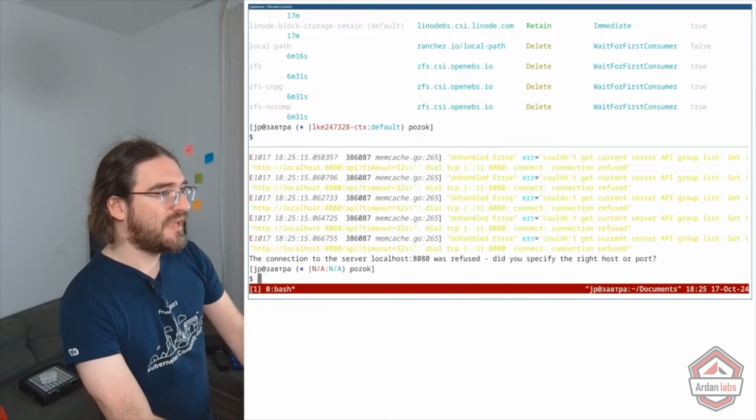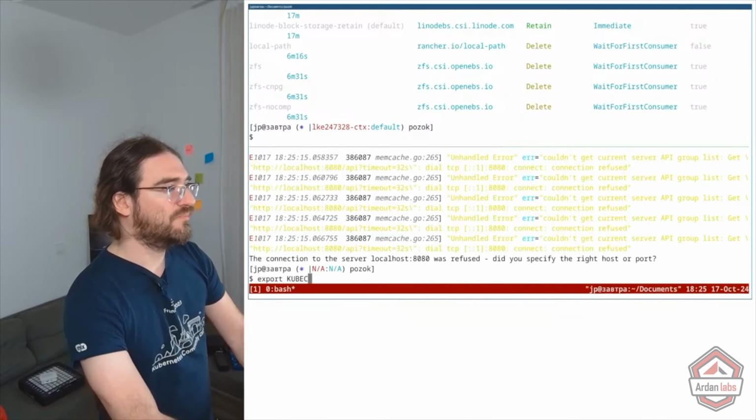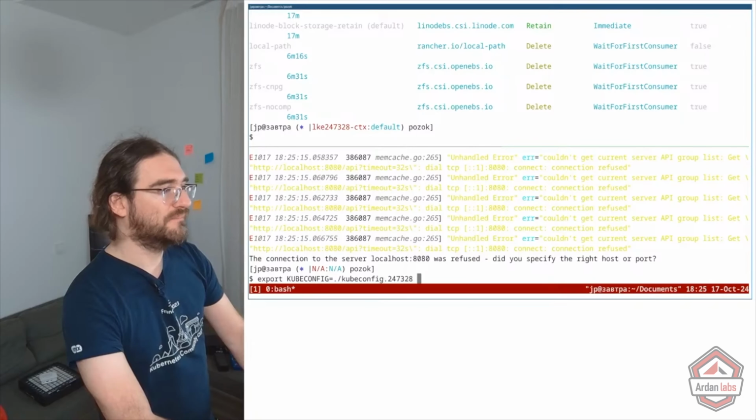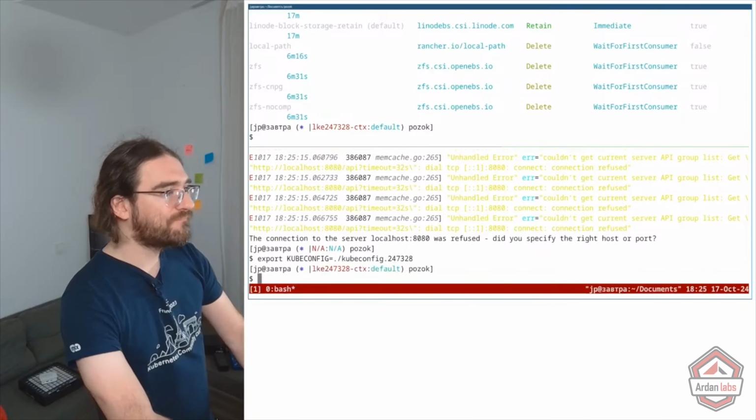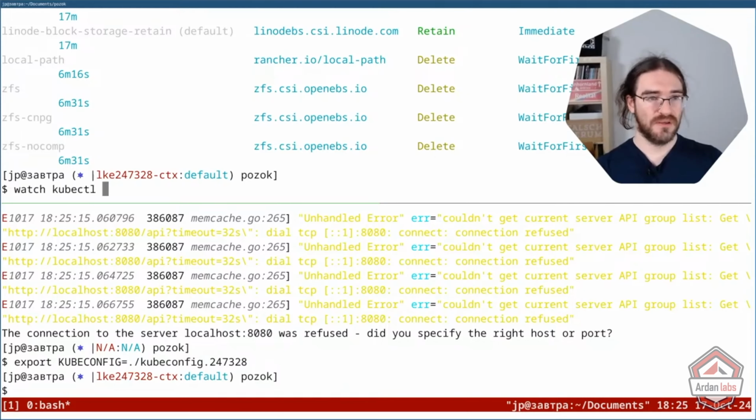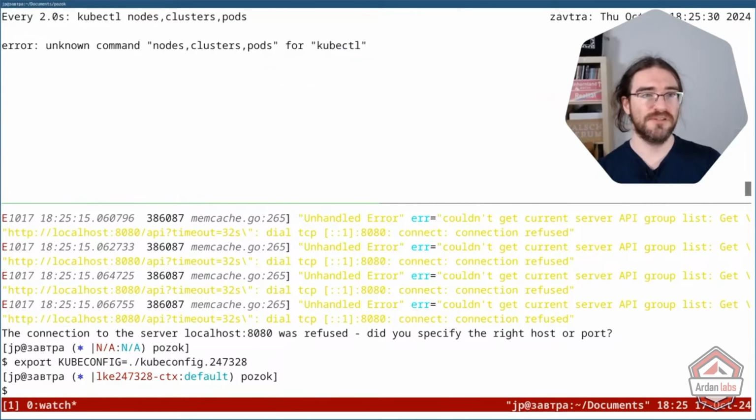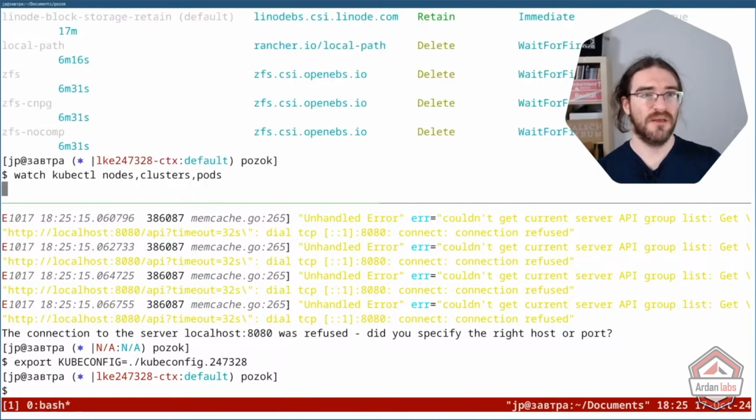and actually maybe I'm going to start tmux again. Okay, export kubeconfig equal. So on top, I'm going to watch kubectl. Let's show me the nodes, show me the clusters, show me the pods. Sorry. So